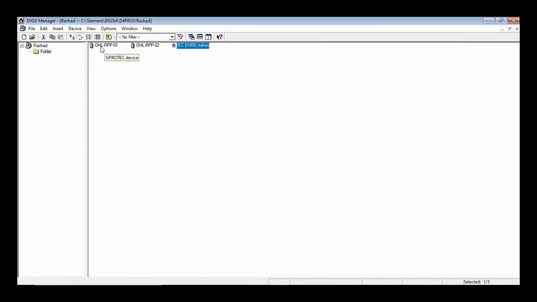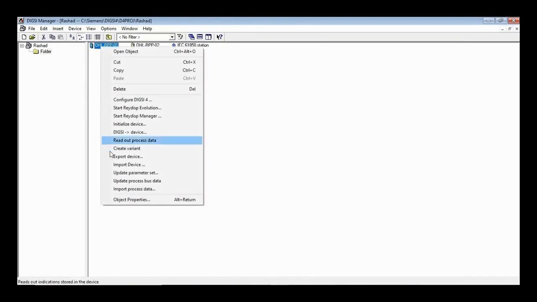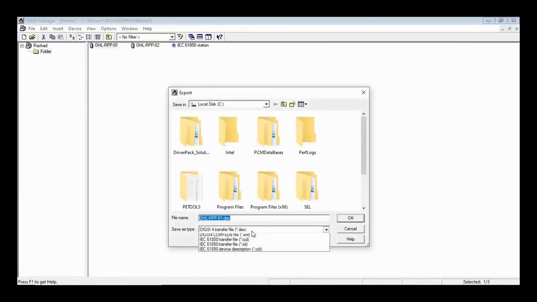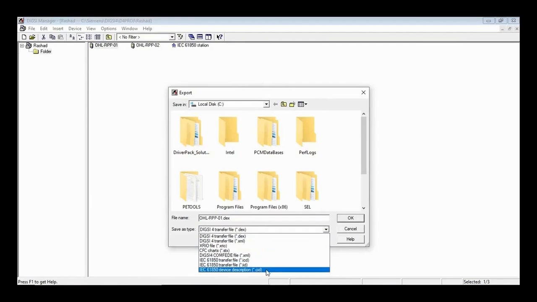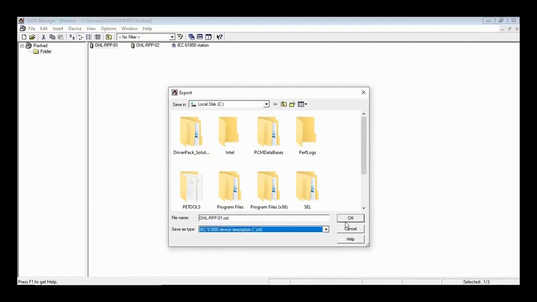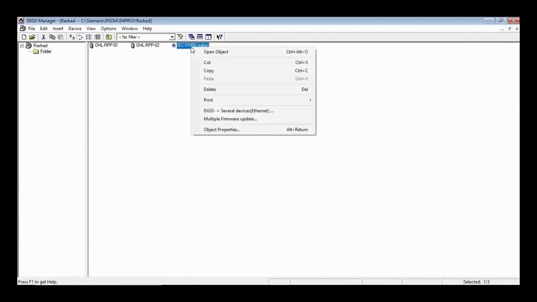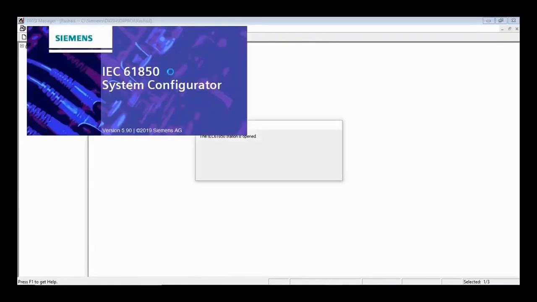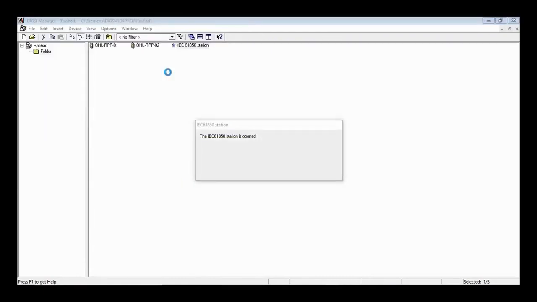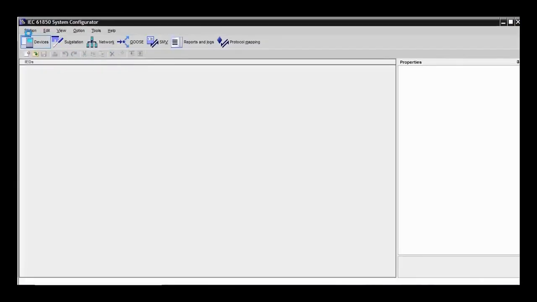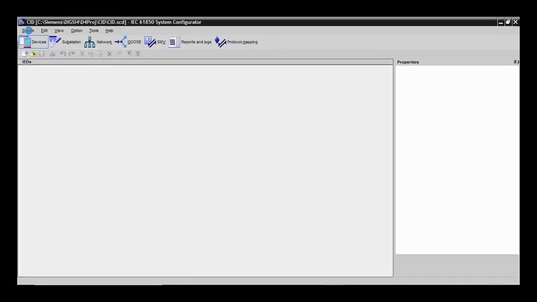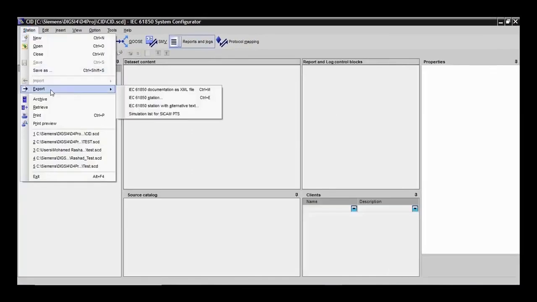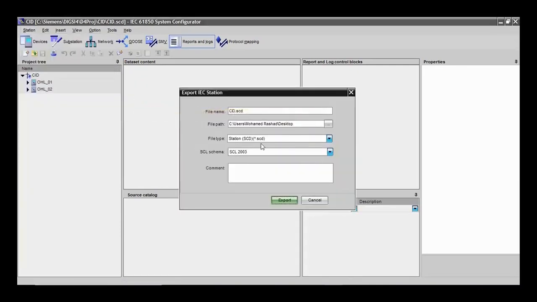Better? Great. So now how do I simply take mine and say what to it? But this time, instead of choosing what for it, I come to choose for it, I say to it, and then say, okay, all right. And the CID file, of course, you can, through the station itself, while you have the station open, export the CID file for the entire station, which contains a large number of Siemens relays, and then you start by saying export here. And you will tell it that you want to export your station, so it will tell you the CID file, and you decide where you want to save this file,